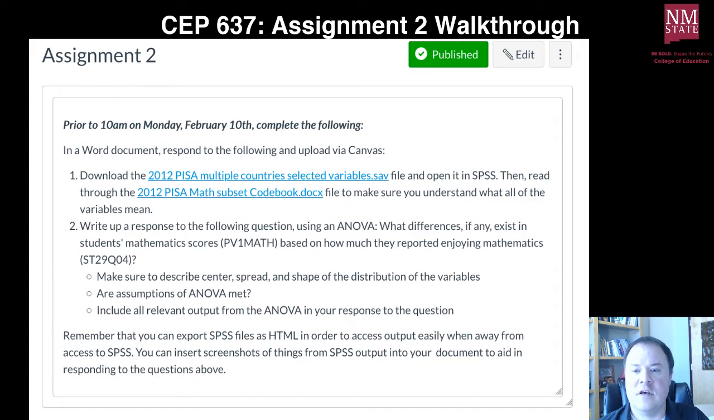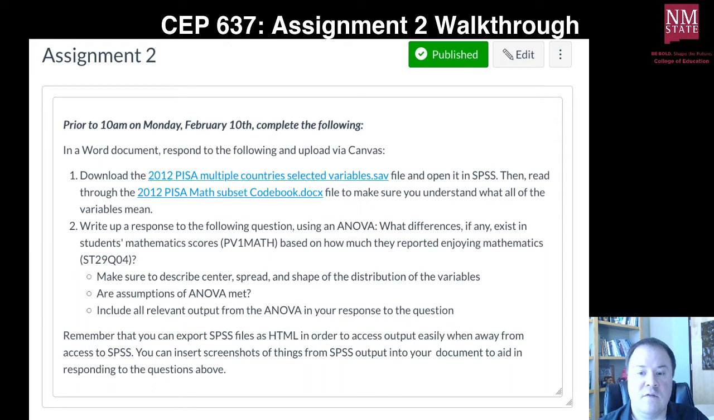Hopefully you've looked at the codebook file, which will help you really understand what these variables mean. And then you were presented with a question and were requested to use an ANOVA. And remember, an ANOVA tests differences in means between groups on some continuous variable. So in this case, the question was, what differences, if any, exist in students' mathematics scores, which in this data